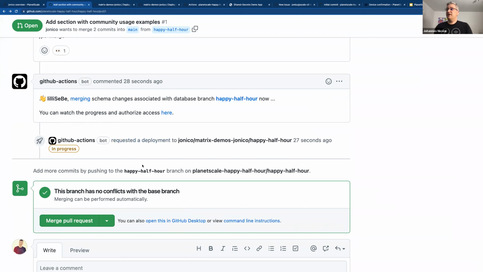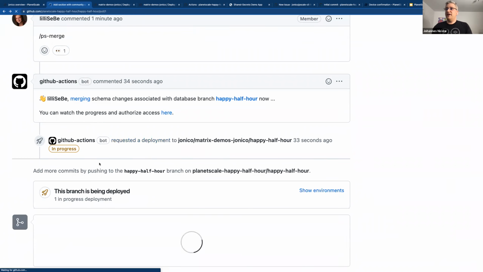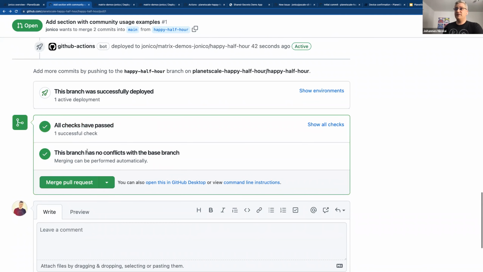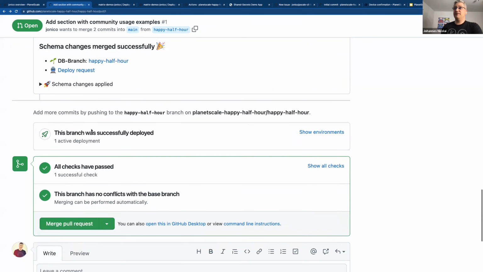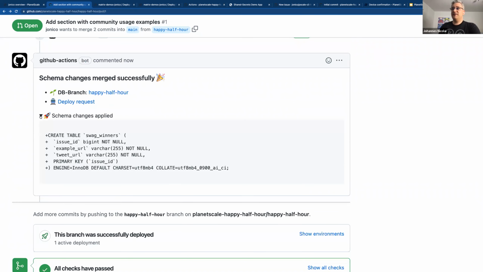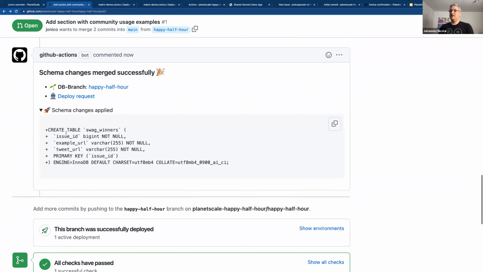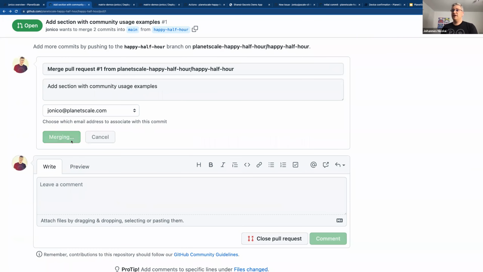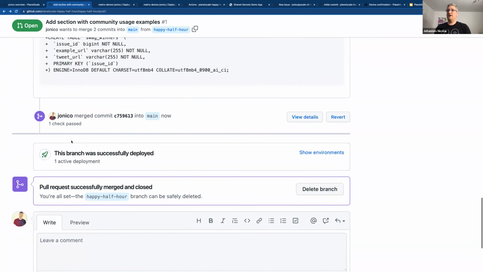You can also see that there is a status check, ps merge. So you could have a branch protection rule that only allows you to merge the code change if the ps merge went through successfully, which it did now. So now the schema change was merged successfully. Here you see the schema changes applied, and now I can also go ahead and merge the corresponding code change,